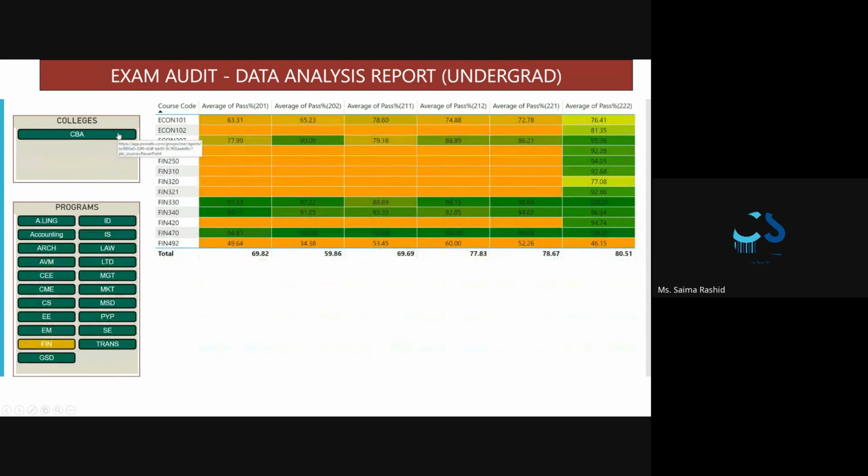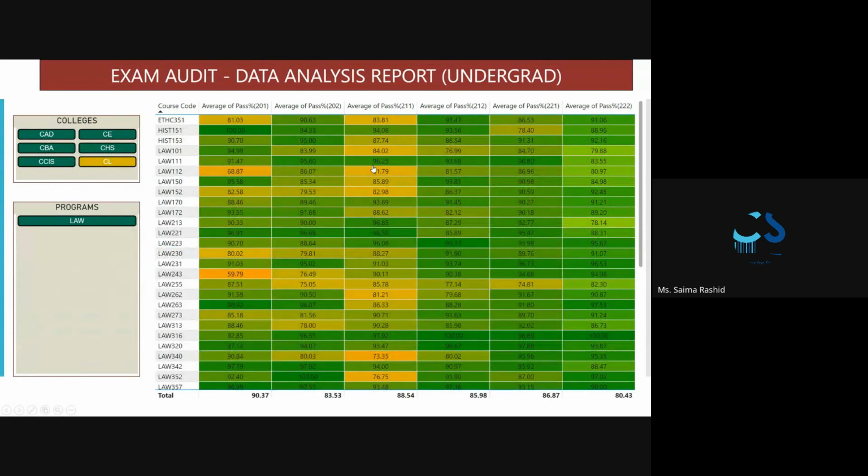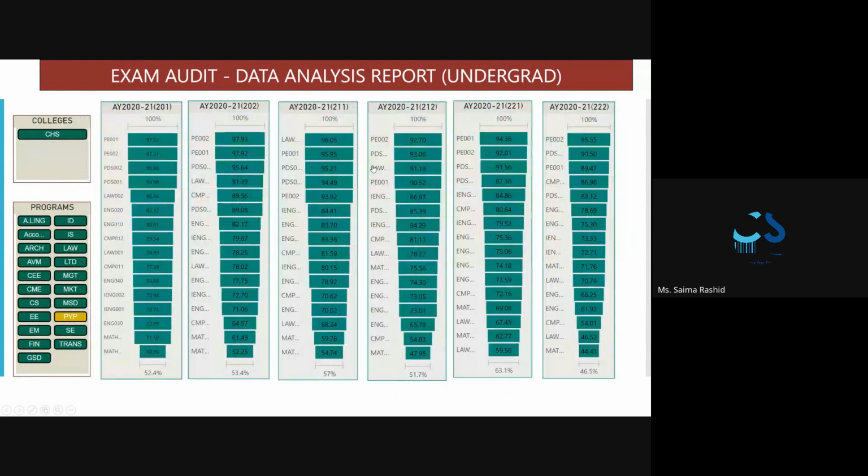For example, when we were looking at these courses, we found out that there were missing data for so many semesters, and then we went back to the program and we checked because they changed the course codes. That's why the data was not available. So there are a lot of findings. Probably in another full-fledged detailed presentation, we will discuss the findings of this one. But at the moment, we just want to talk about